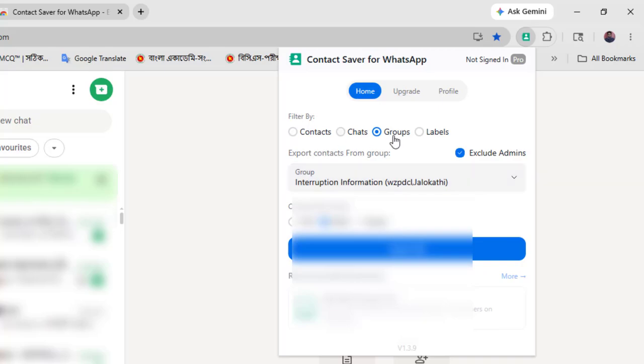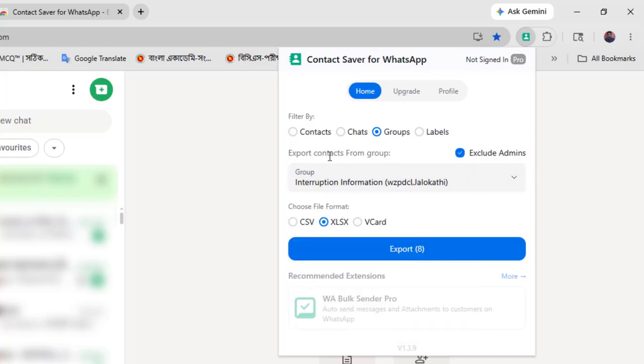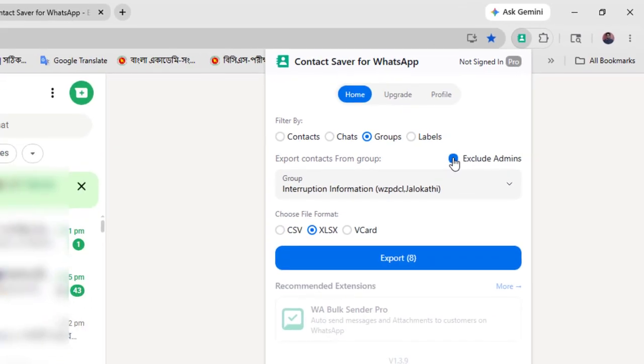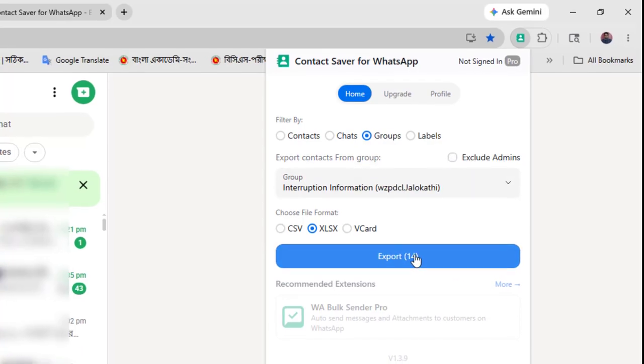Okay, now see Filter by groups, Export contacts from group. So this is the group and the file format is Excel format. Okay, now see Exclude admin. If you put a tick mark here, then all the mobile numbers will be exported except the admin. I want the mobile number of the admin as well, so I will remove the tick mark and just click on Export